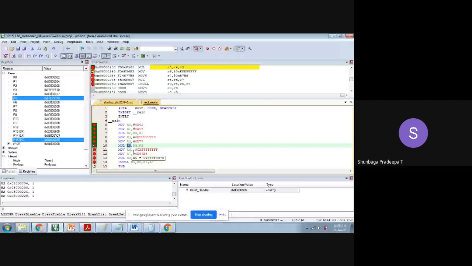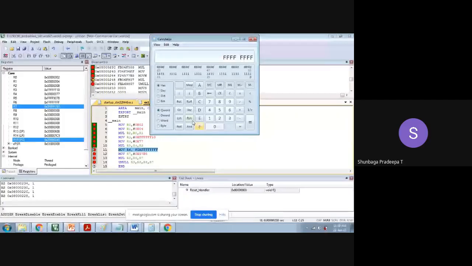So for that we will take another example. Here, long multiplication. So you have long unsigned multiplication where you are multiplying. Here we will check the result. So 1, 2, 3, 4, 5, 6, 7, 8. So all 32 bits are set as high, and your R7 value is 57B5.